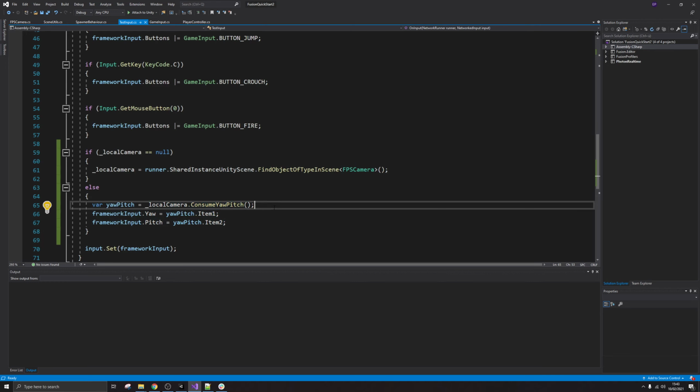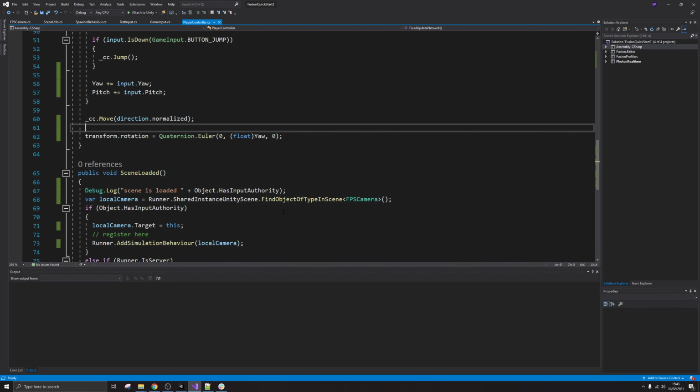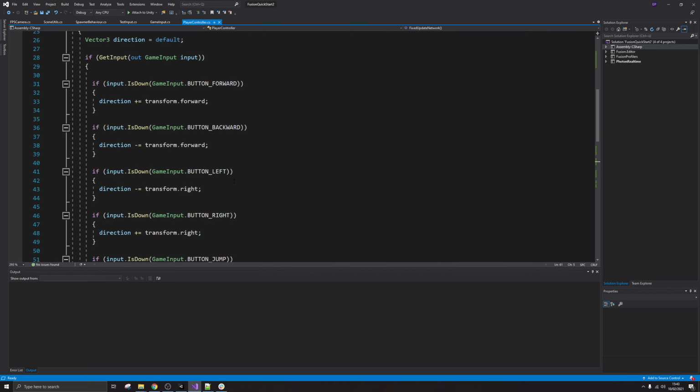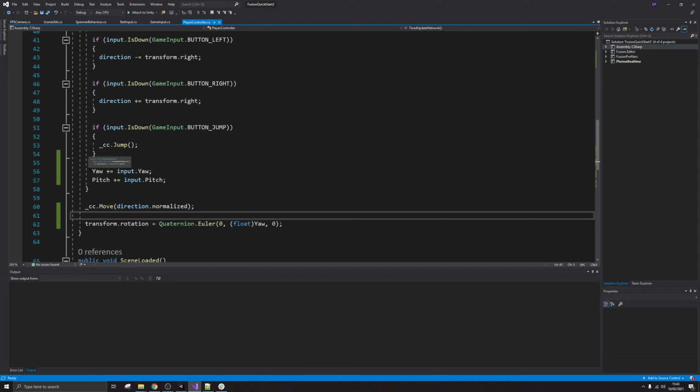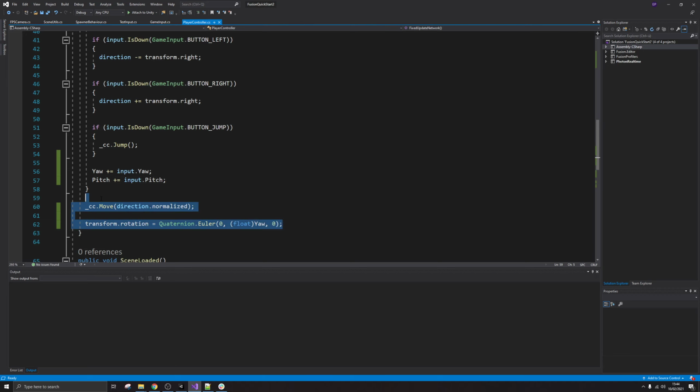So this second thing is already part of Fusion now as input. The third thing that happens is the player controller. The player controller copies from the input, accumulating on its local copy of yaw and pitch, and then it uses whatever it has to apply movement and